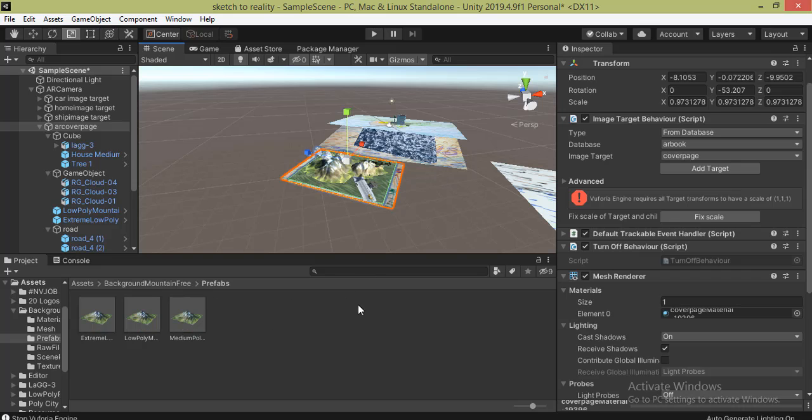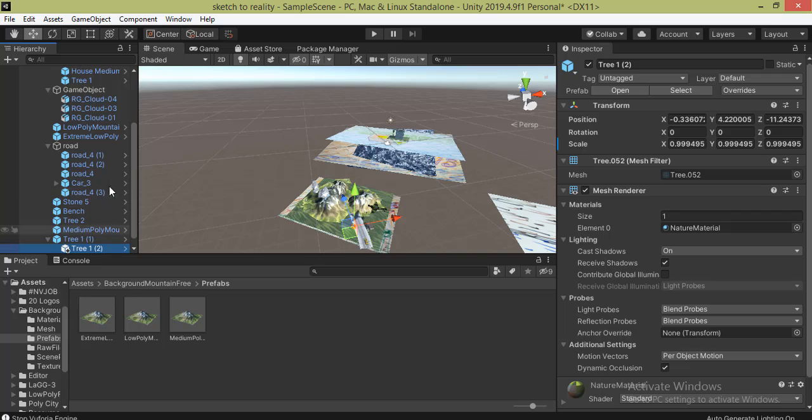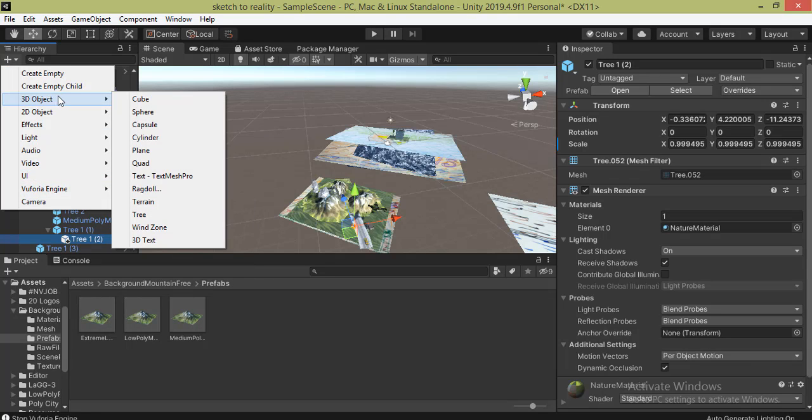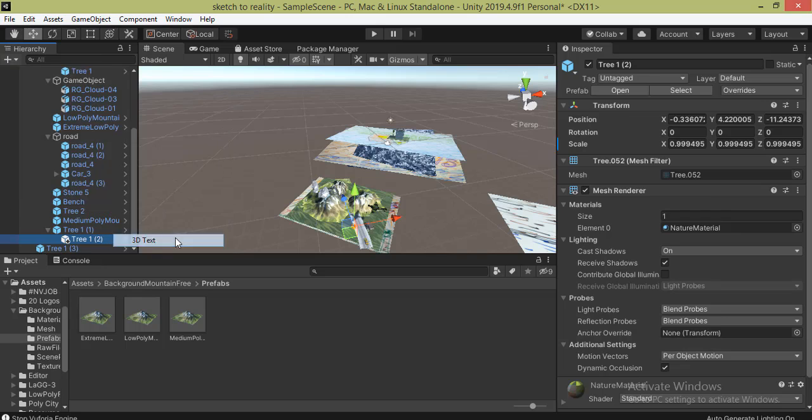And now I am going to add a text over this. And now what I am going to do, I just click on the plus button, go to the 3D object, and there is an option of 3D text. So I just click over it,